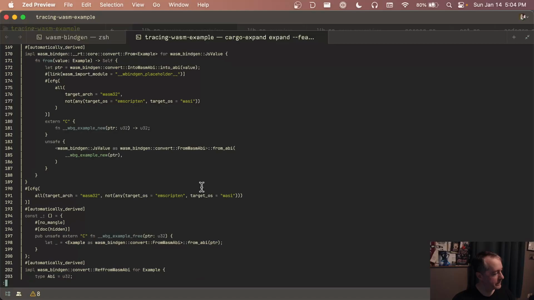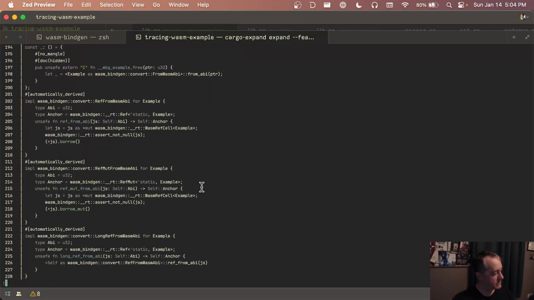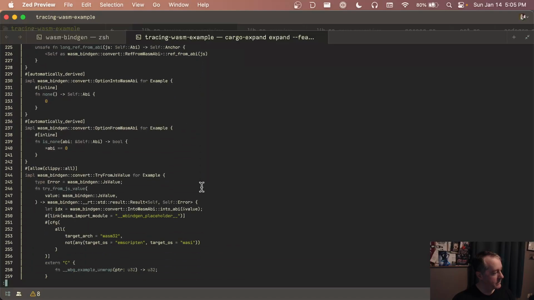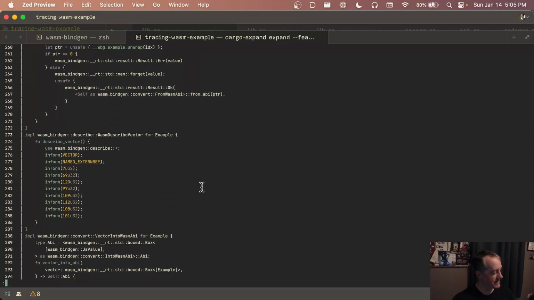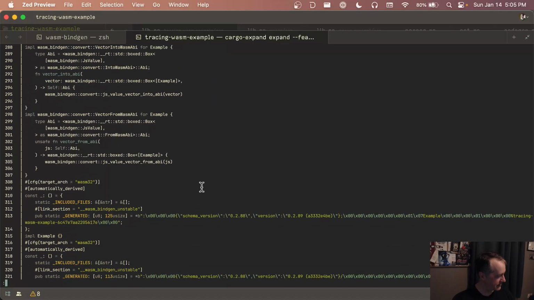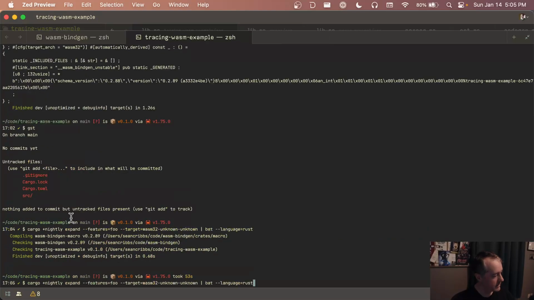But we should not get its constructor fn. Oh man, all the stuff that it has to output. Yeah, see, you can see the impl example, there's nothing in there. Okay. And if we remove that foo feature, we should get